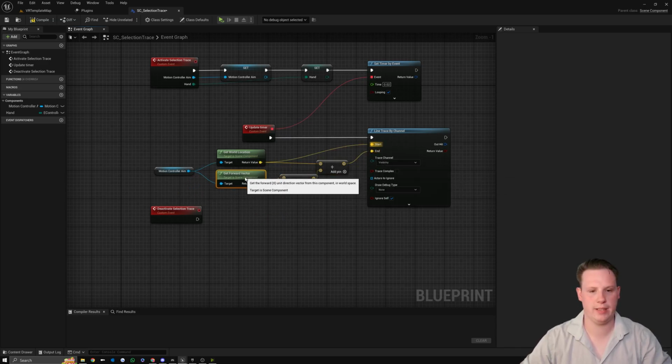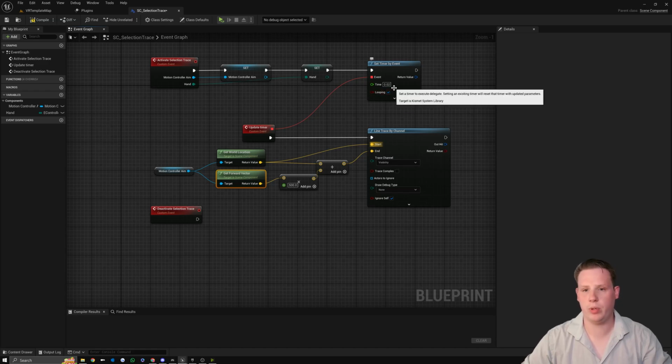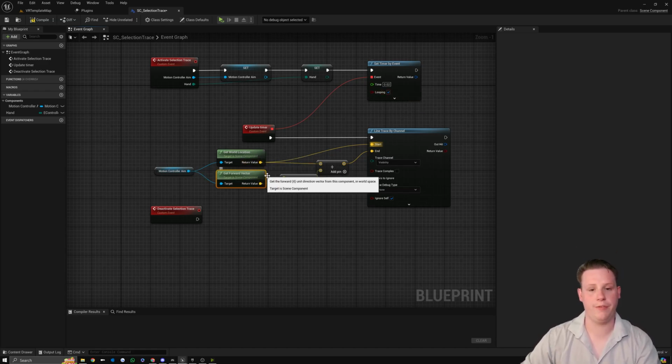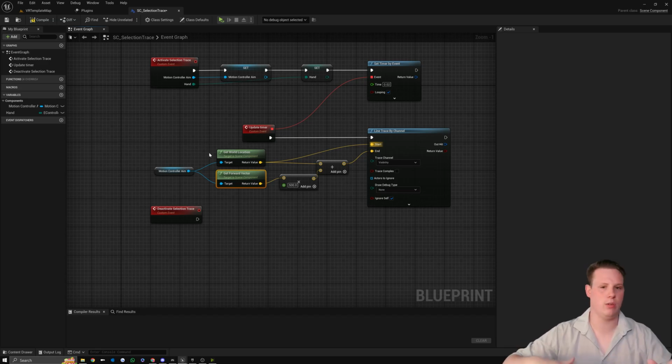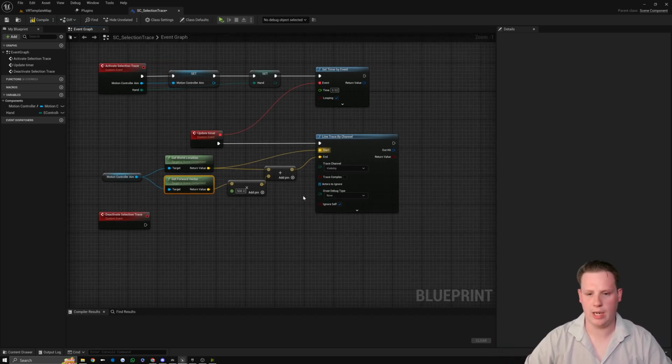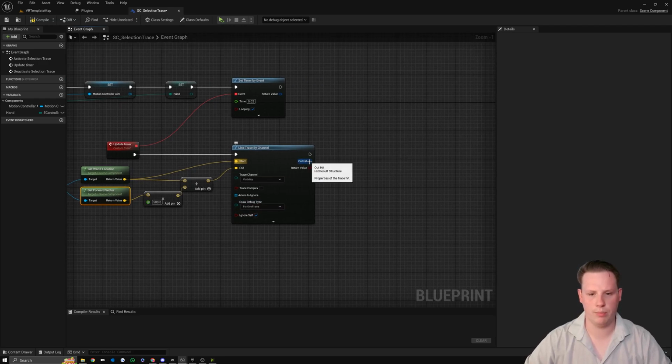So now what we have is when we tell this to activate, it's going to start our timer and it's going to loop through this line trace every 0.02 seconds. And it's going to use our motion controller aim location and forward vector to decide whereabouts that's pointing. So we do the aim because different motion controllers have different aim locations built into them. So it just makes it a little bit easier to manage and we don't have to manually or physically change around the motion controllers to get where they're pointing. I'm only going to set the draw type to 1 frame, so we're not getting a whole bunch of lines,